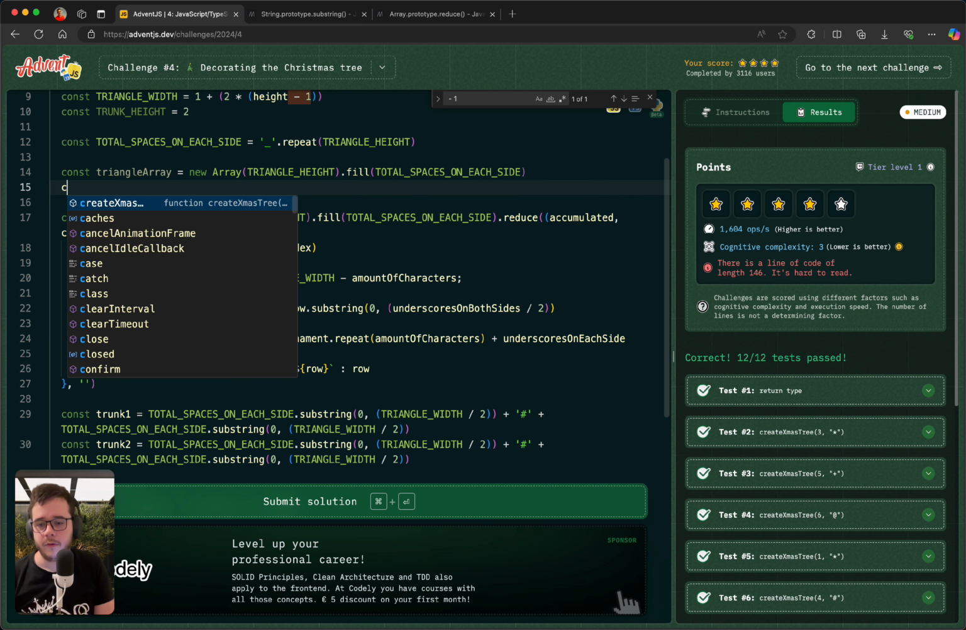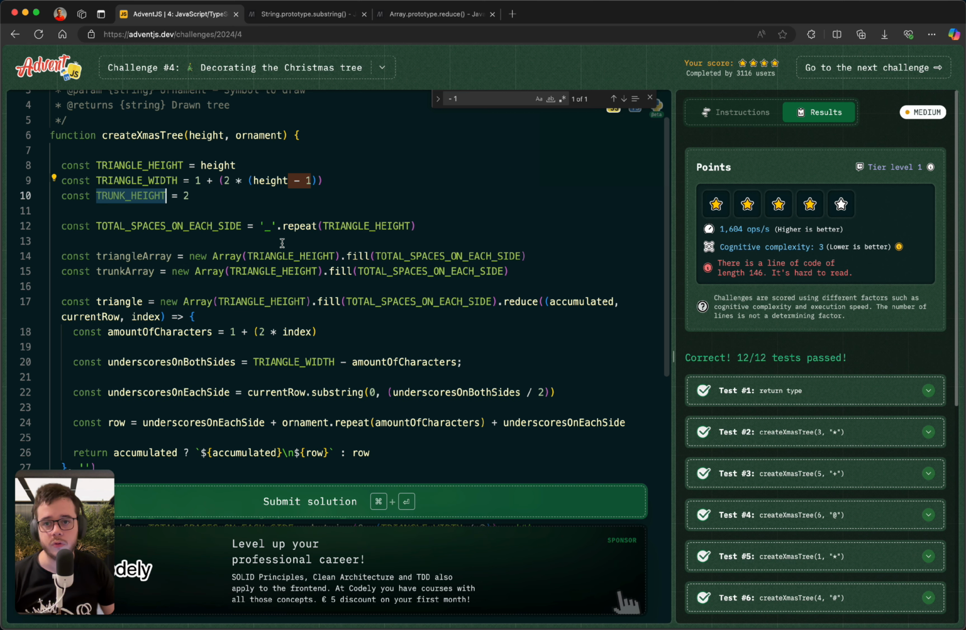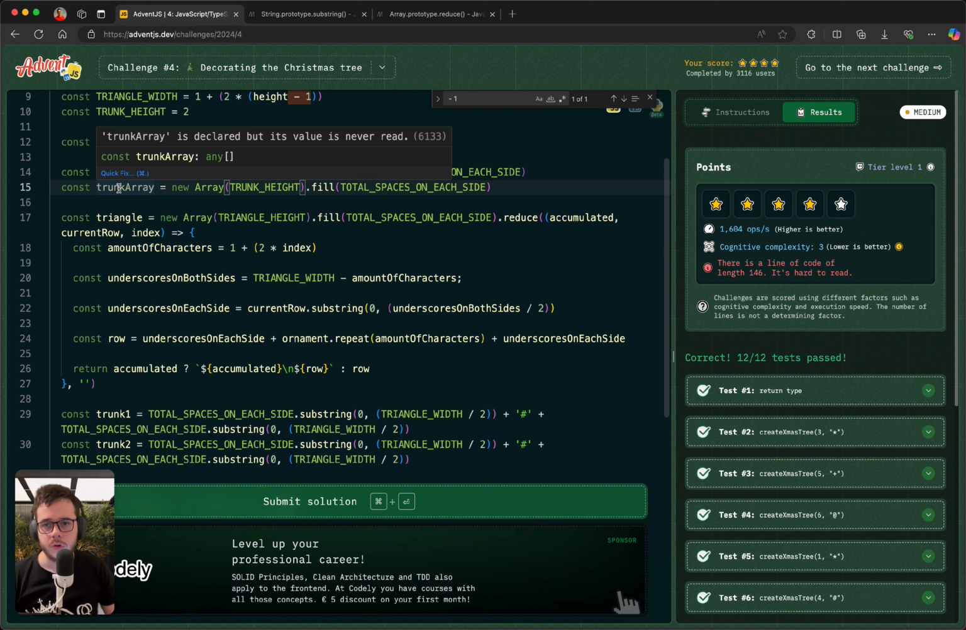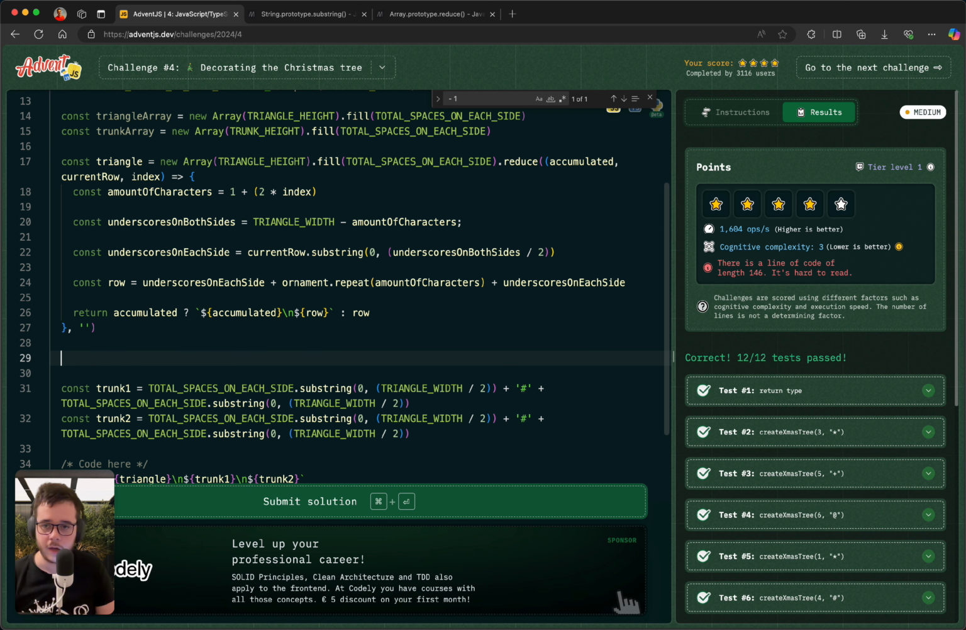And then we can have const trunk array, right? Let's see, trunk array. It will be equal to the same value, but in this case, we need to use the trunk height over here, right? So in this case, to make this dynamic, I think we can use the trunk